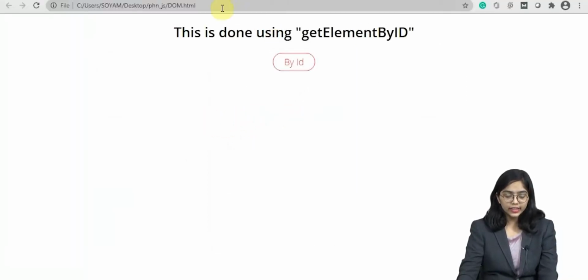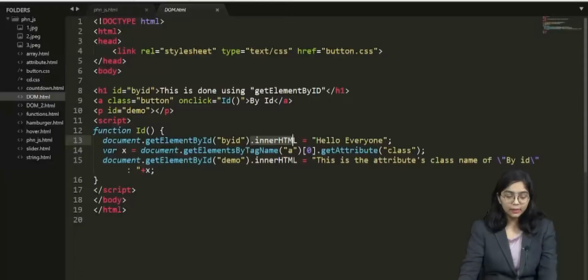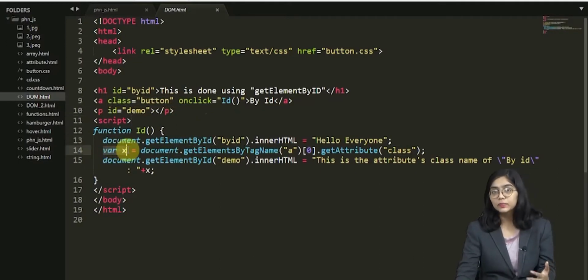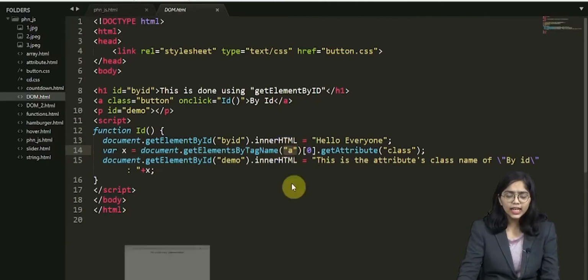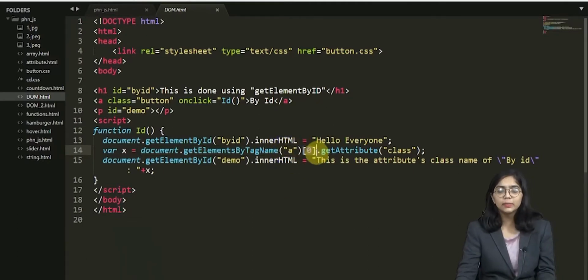And this is what we have created. As you can see, I have created a button whose class name is also button. Also, I have declared a variable x. Now we know how to declare a variable, and this is a local variable since it is inside the function. I have given document.getElementsByTagName. Now why have I done this? Because here I wanted to get the attribute. Now you can see I have named the tag name over here, and after that I have given an array-like element. Now what is this? This is actually the index number.